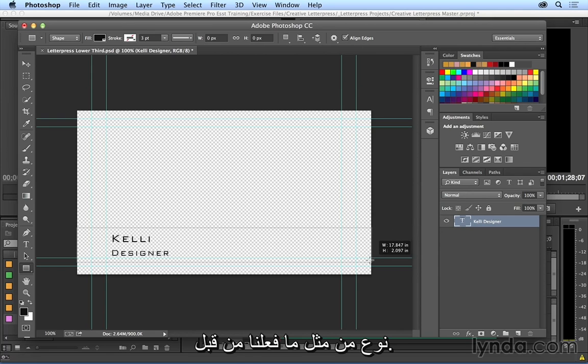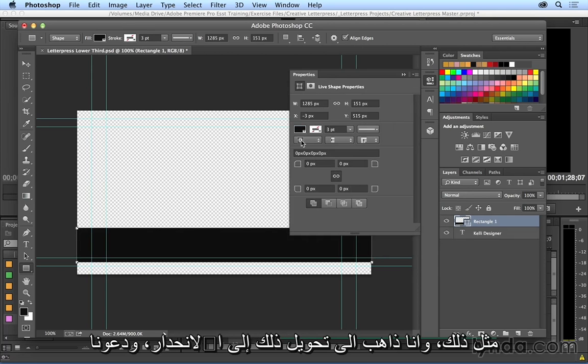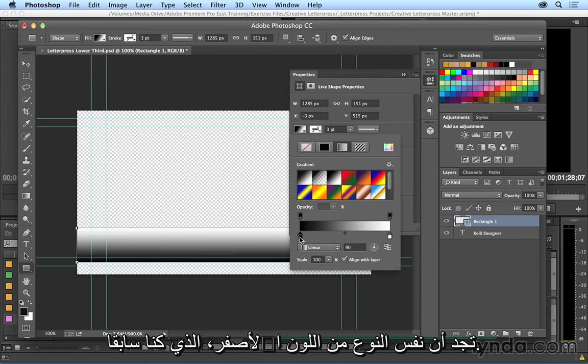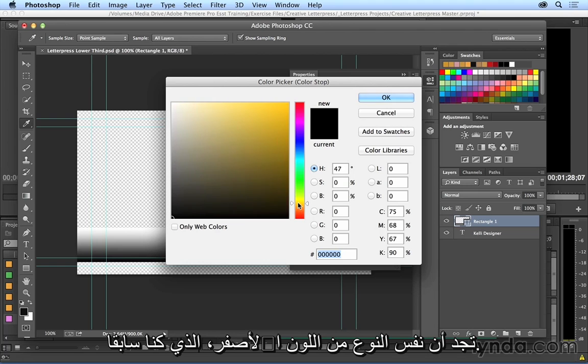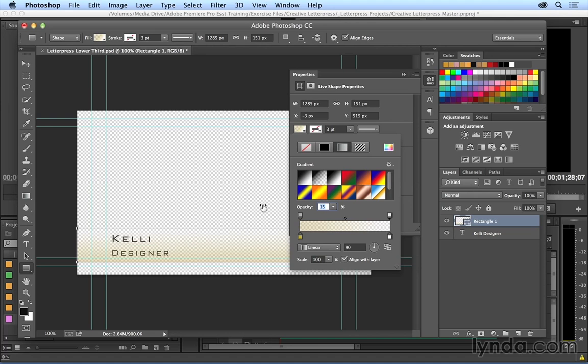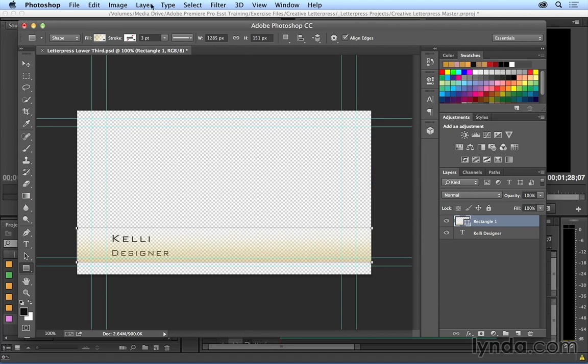We'll go Bank Gothic. And I'm going to create a shape behind her as well, kind of like we did before, like so. And I'm going to turn that into a gradient. And let's find that same kind of amber color that we used previously. I'll say OK there. And let's change the opacity of that to 40-some%. And we'll go to the other side, and this is going to be the white on top. And let's go ahead and change the opacity of that down to maybe 15 or so. And let's send that layer to the back,